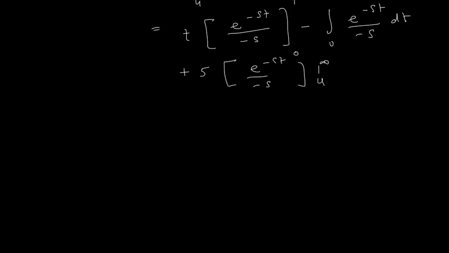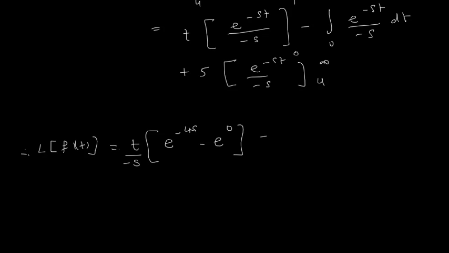Now this is equals to, let us write therefore here Laplace of f of t. It is equals to t into, now I will use upper limit and lower limit, so it will become t upon minus s, let us write this outside, t upon minus s, here it is e raised to minus 4s minus e raised to 0, then minus plus 1 upon s is outside, then again it is integrated and I will get e raised to minus st upon minus s,